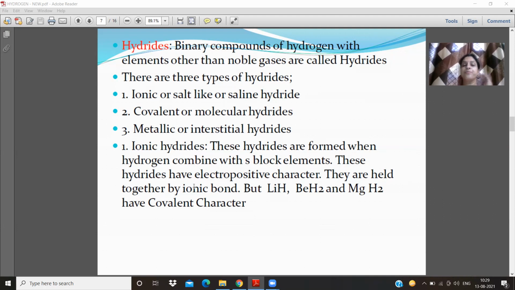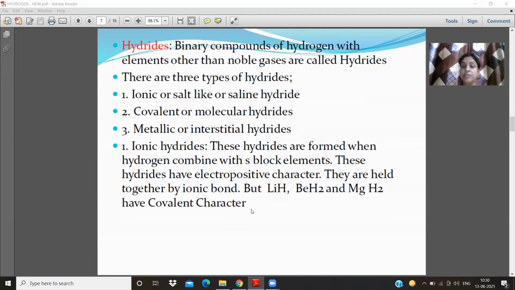The hydrides formed by the combination of group 1 or group 2 elements with hydrogen, all those hydrides formed by the combination of S block elements with hydrogen are known as ionic hydrides,